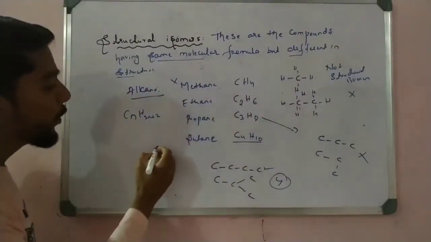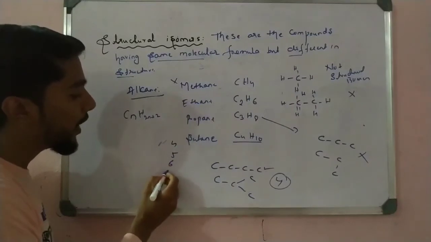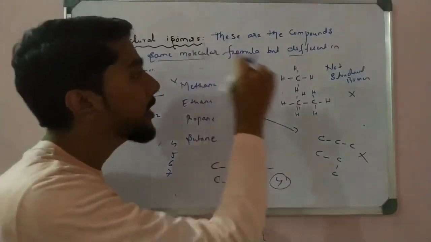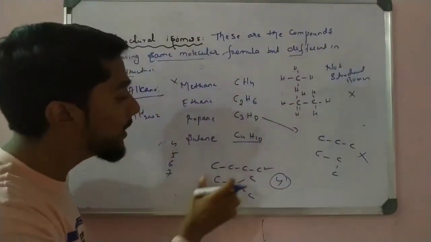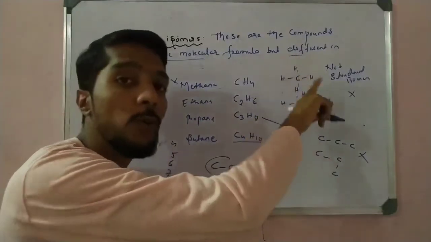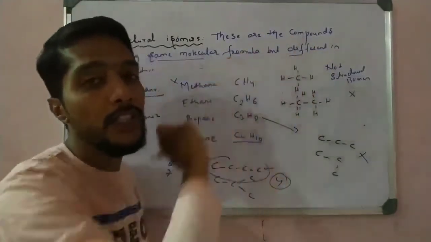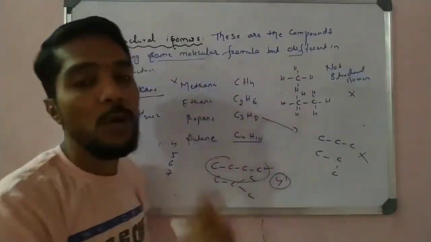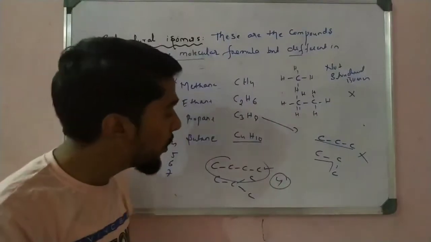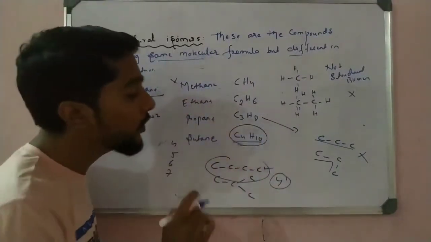It means butane with 4, pentane, hexane, okay, then 7, 8, 9, all of them form structural isomers. So for making structural isomers, we require at least 4 carbons. If 1 carbon is present, it is not possible to make another structure, right? If 2 are present, not possible to make a second structure. If 3 are present, that also is not possible. This is also a straight line and this is also called a straight line. So therefore, we observe that only butane is the first member of the alkane family which forms